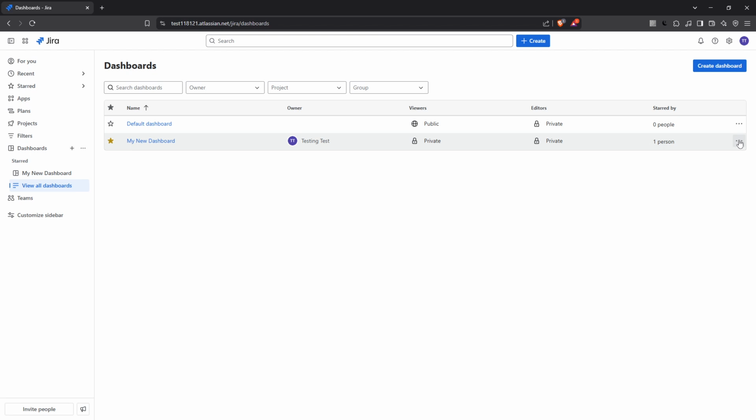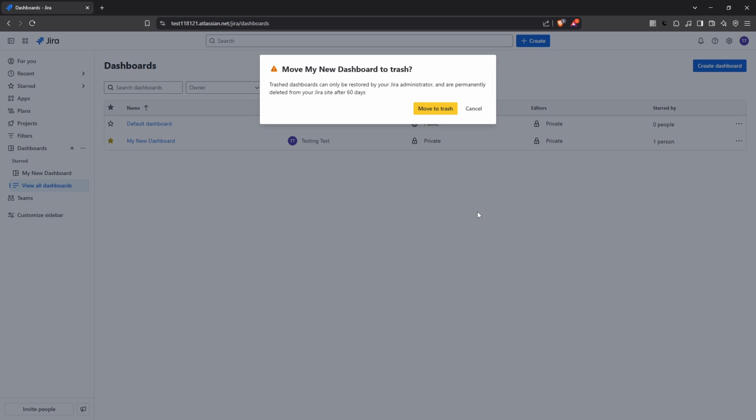This icon looks like three dots typically found towards the right side of the dashboard name. Clicking on this will reveal several options related to managing your dashboard. From the revealed drop-down menu, you're going to want to select the Move to Trash option. This action is straightforward yet essential for keeping your space organized by clearing dashboards that are either outdated or no